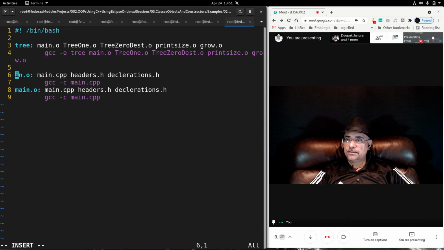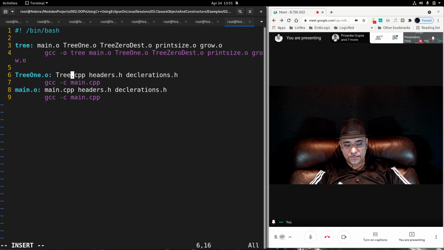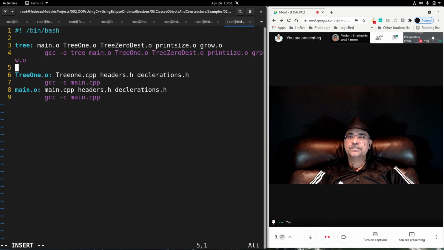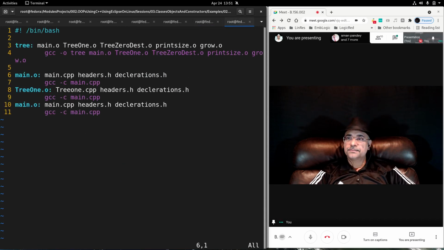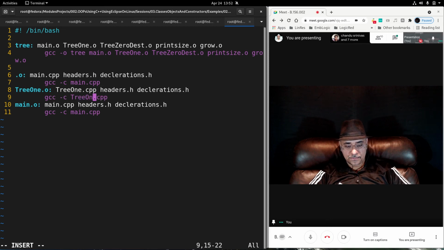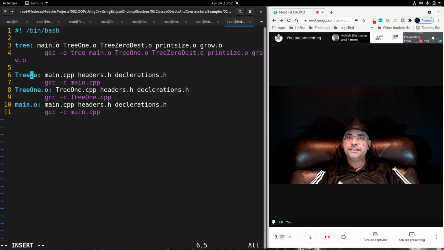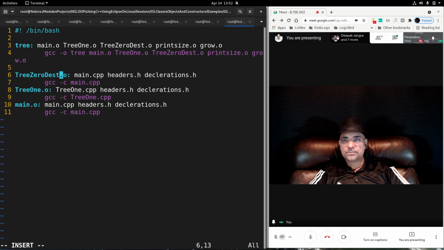Then you'll have tree 1. Tree 1 will be created from tree 1. Let's check the name. It was tree 1, yeah. Then next is your tree 0 destructor. Yes, this will be capital. Oh, this also tree 1. This will be tree 0 destructor.